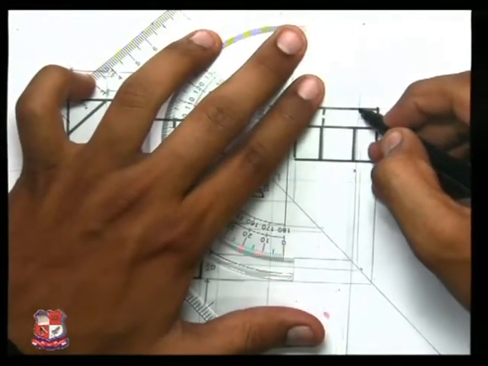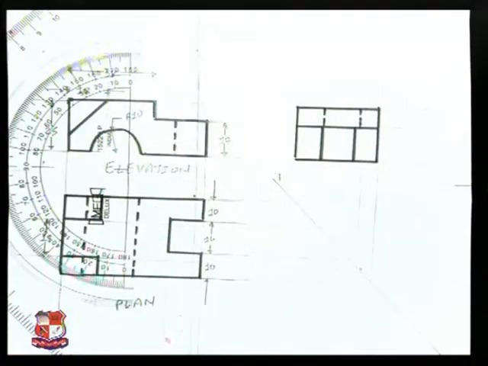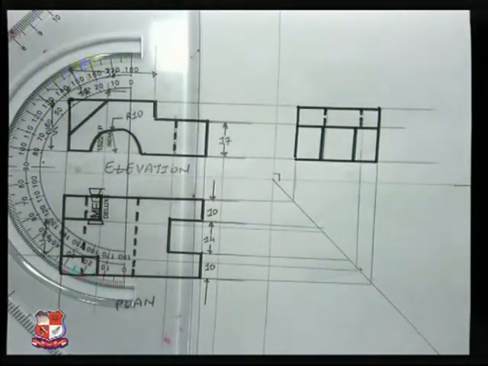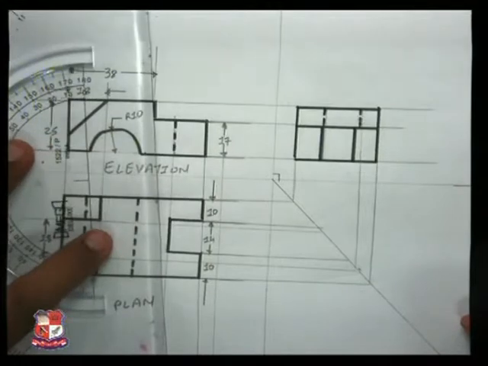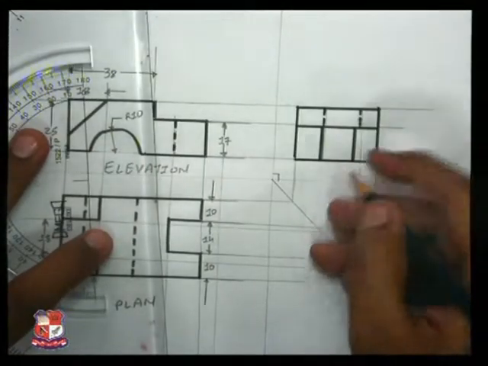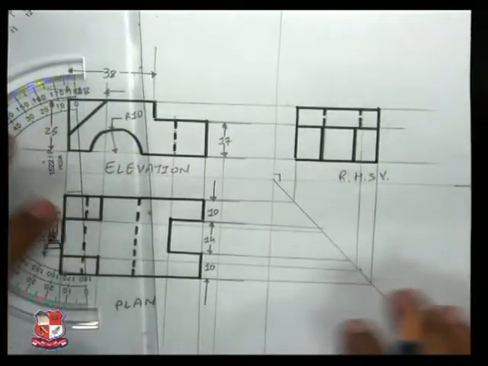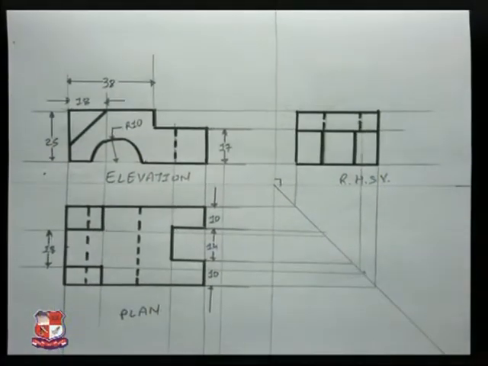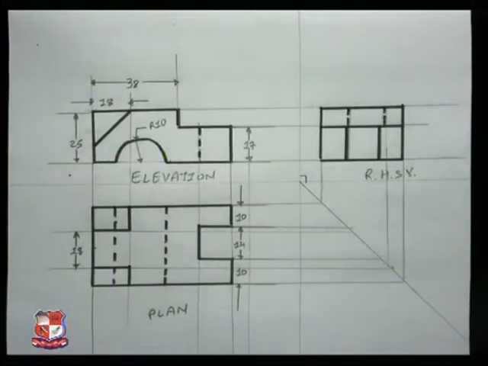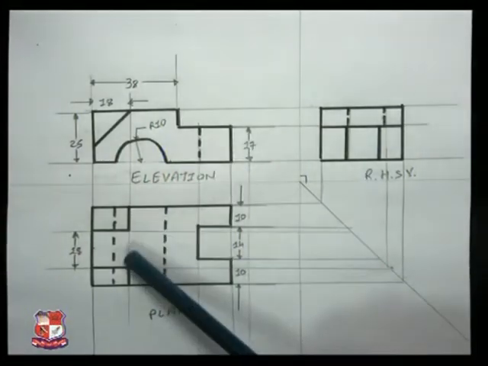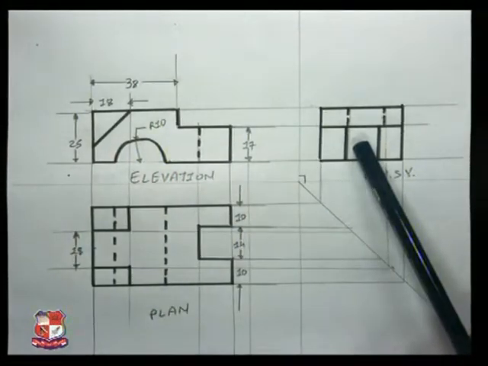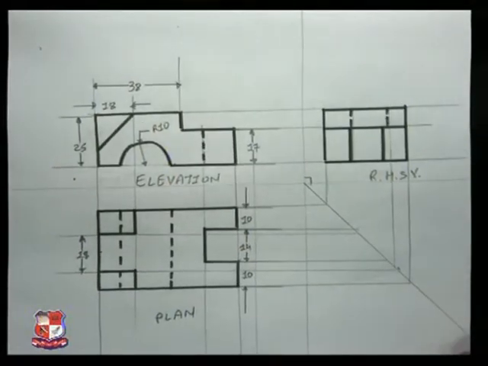This portion would be the hidden line. All the dimensions are covered in the elevation and plan, so no need to give any dimensions in the right hand side view. So this is how you can get elevation, plan and right hand side view.